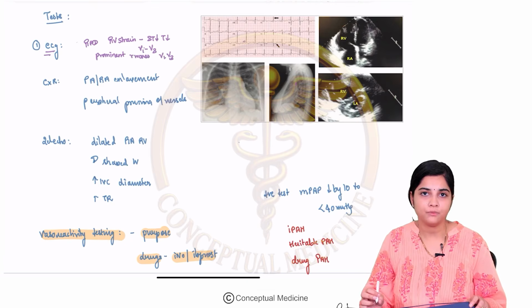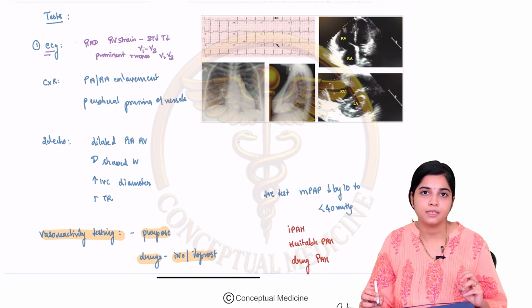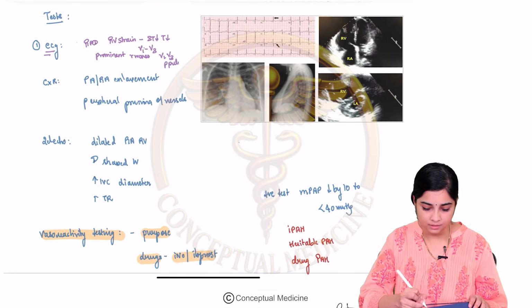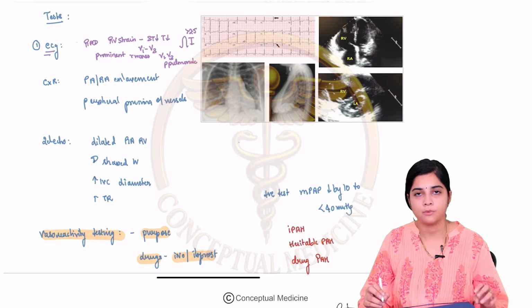And what about the P wave changes? The P wave basically represents the atrium, right? It represents the depolarization of the atrium. So whenever there is a right atrial enlargement, what type of P wave will you find? You will find P pulmonale. P pulmonale basically refers to peaked P waves which are more than 2.5 small boxes in